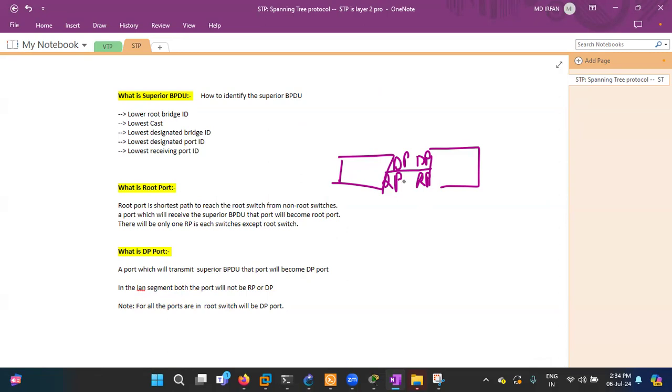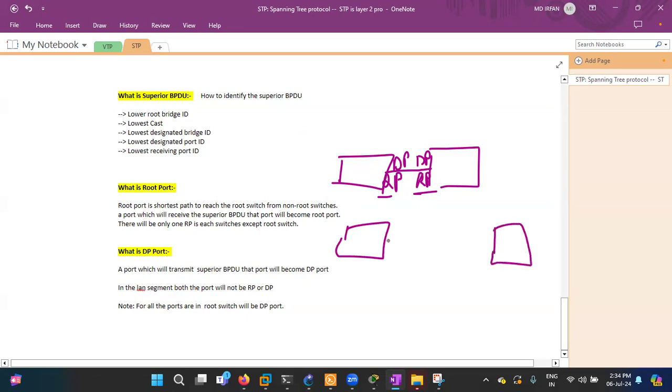So both sides DP, DP, or RP, RP is not possible again? Okay. Can you explain once more? Why is that? Okay. I will explain that question later on, but as of now, what I am explaining is this port